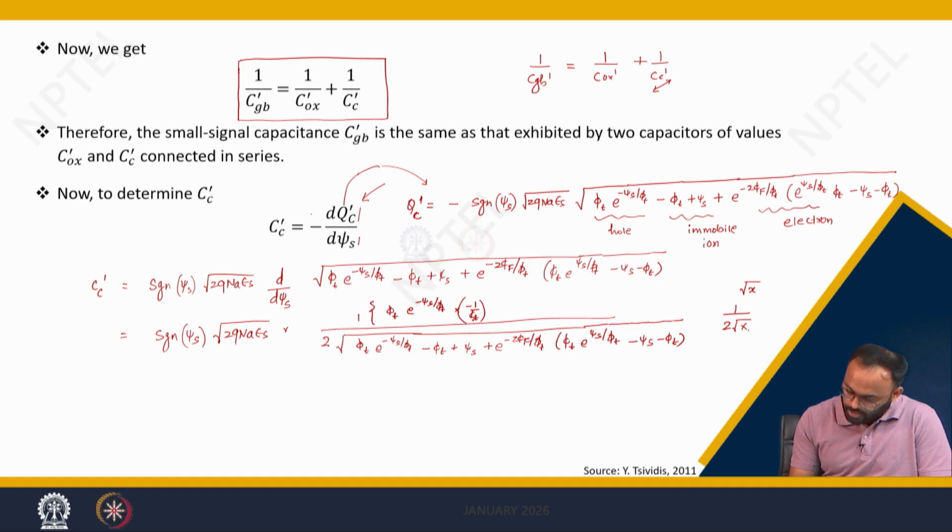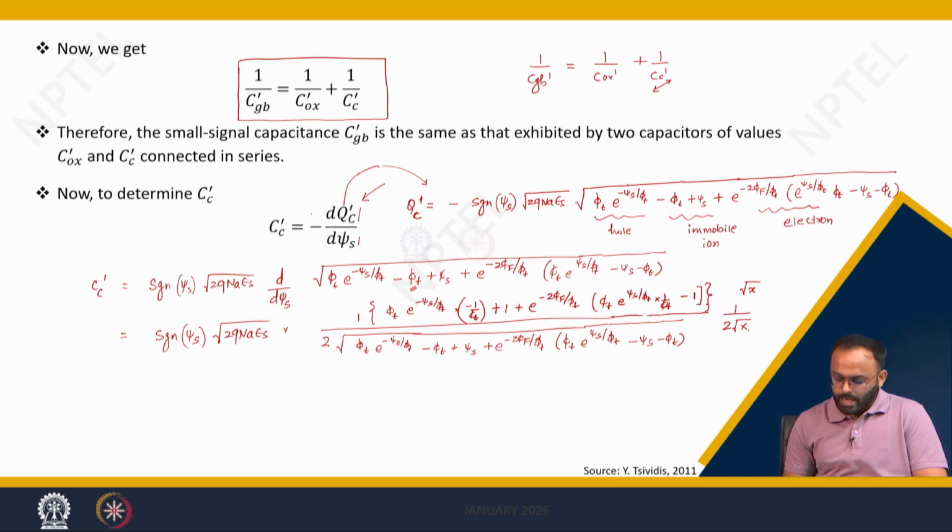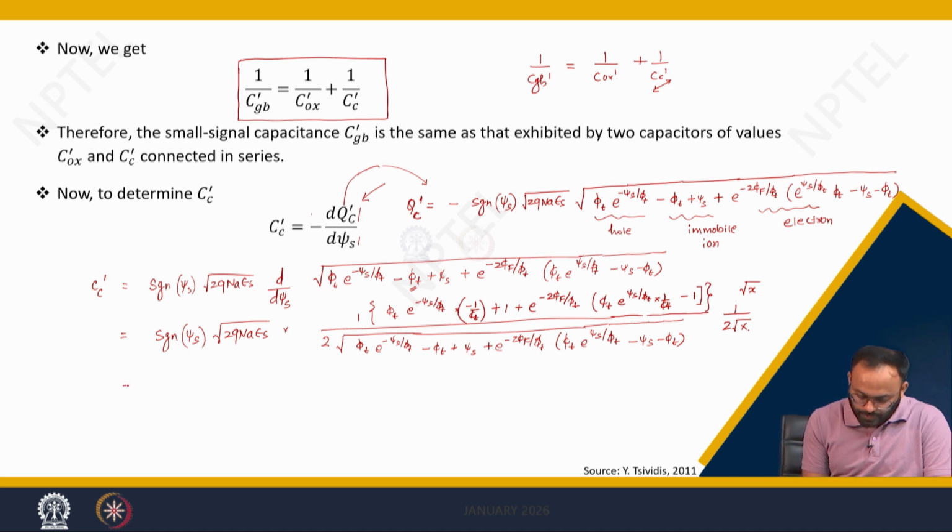Then this will become 0 plus 1 plus e to the power of minus 2 phi f by phi t into phi t e to the power of psi s by phi t into 1 over phi t minus 1. Correct? So this is a closed form equation of Cc dash,